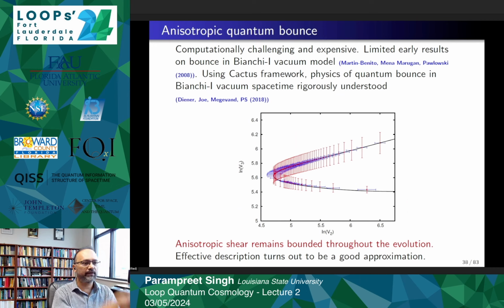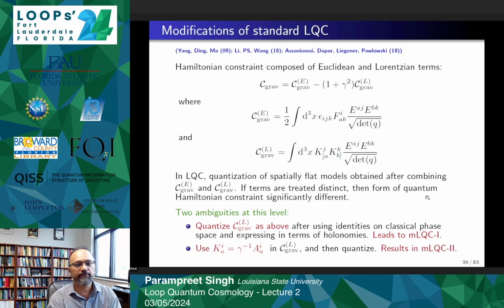Once you take a new model, you don't have to go back to the drawing board and rework every detail of numerical simulation in effective description. You can just assume the effective description, state the caveat that I'm using effective description, and go ahead with the phenomenological predictions. Now I'll briefly talk about the modifications of standard loop quantum cosmology which have appeared recently,